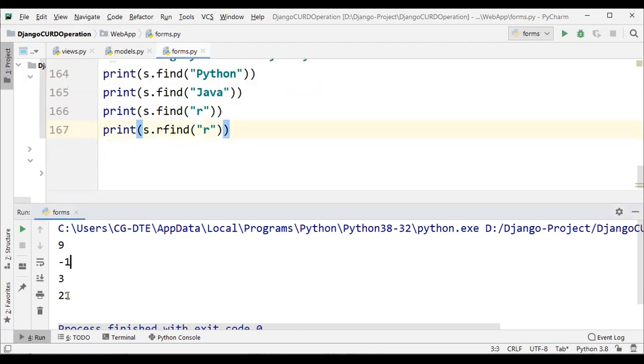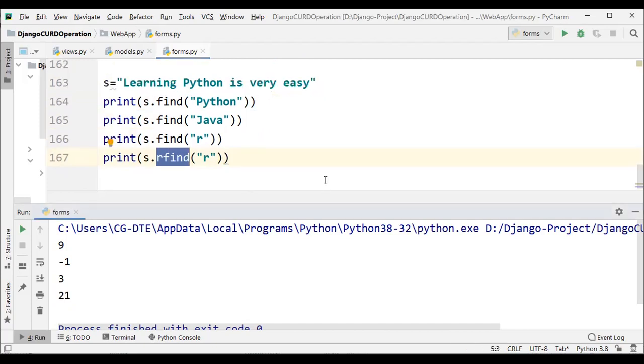Okay. So R find 21. R find means backward. So 1, 2, 3, 4, 5, 6, 7, 8, 9, 10, 11, 12, 13, 14, 15, 16, 17, 18, 19, 20, 21. What is the output? R is 21. Which one is 21?